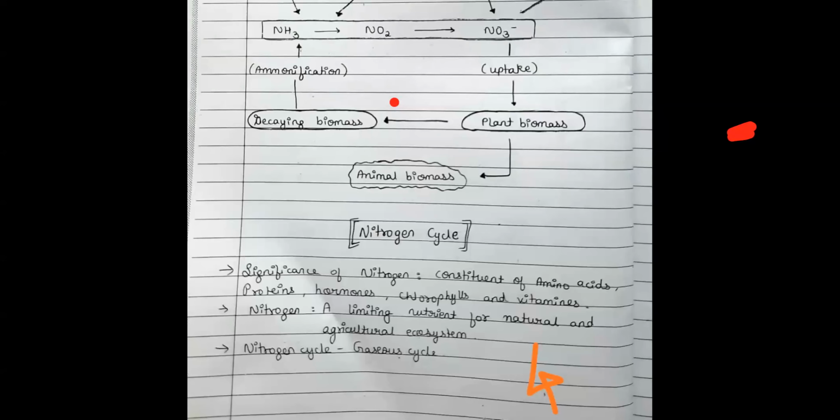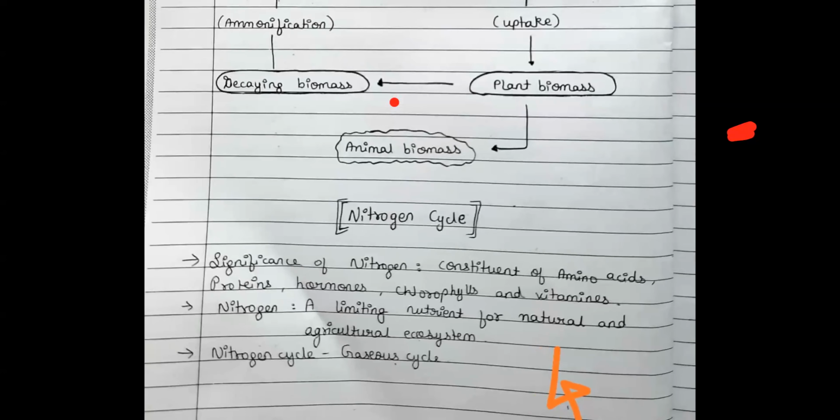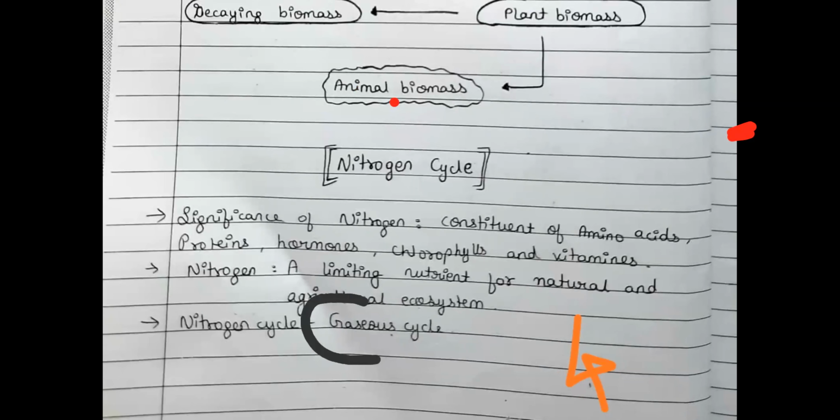Tell me, up to here clear? First, this entire cycle. Any doubt in this part? Now next. Also remember nitrogen, its main reservoir is the atmosphere, right? That's why we can consider it a gaseous cycle. The largest amount is present in the atmosphere, so we call it a gaseous cycle. Now next,